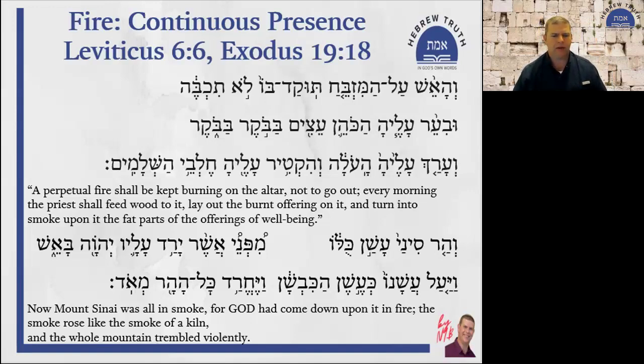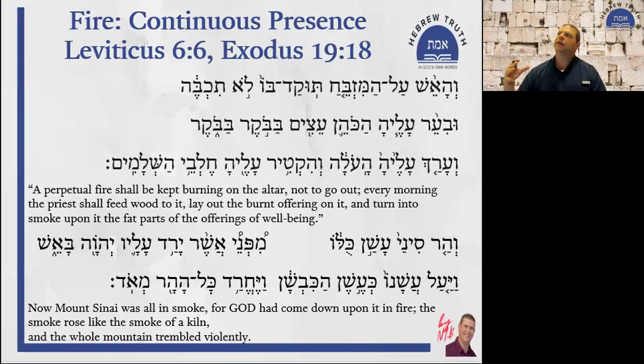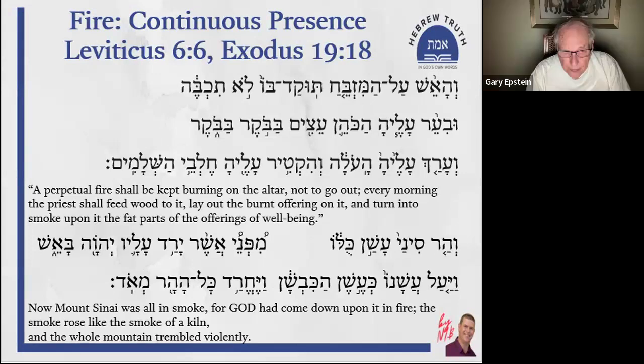In many aspects, the book of Leviticus is a transition from this covenantal ceremony of Mount Sinai into a reality of everyday worship, and to a presence that is not confined to the miraculous event of Mount Sinai, but rather interpreting it in a way that would keep on and continue the fire of Sinai in this ongoing situation of the tabernacle.